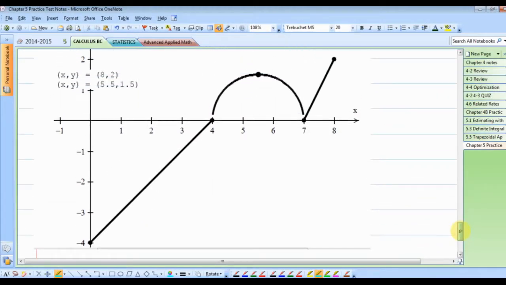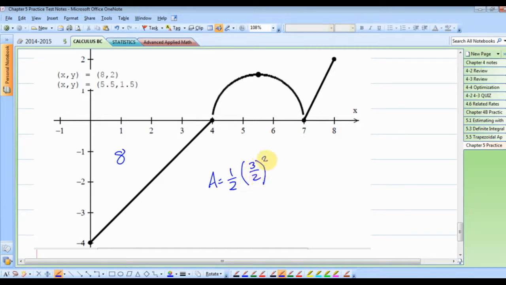Perfect, that's better. Okay. Here's what I'm going to do, and you probably should do this too. I'm going to figure out the area of each of these shapes. This shape is a triangle with a base of 4 and a height of 4 as well. That has an area of 8. This right here is a semicircle. It has a radius of 1.5. And so the area is equal to 1/2 of